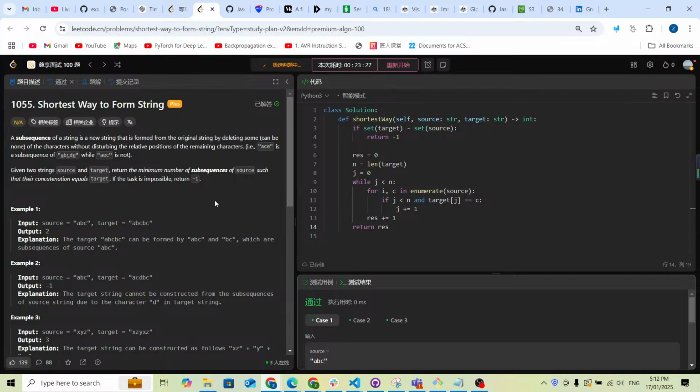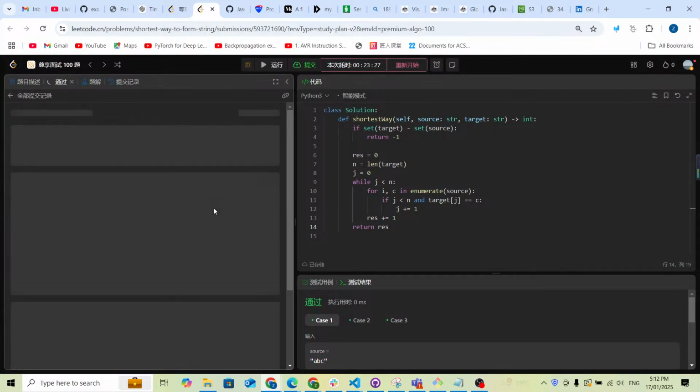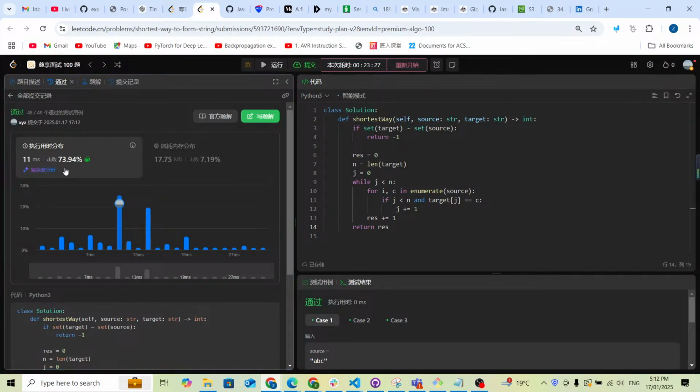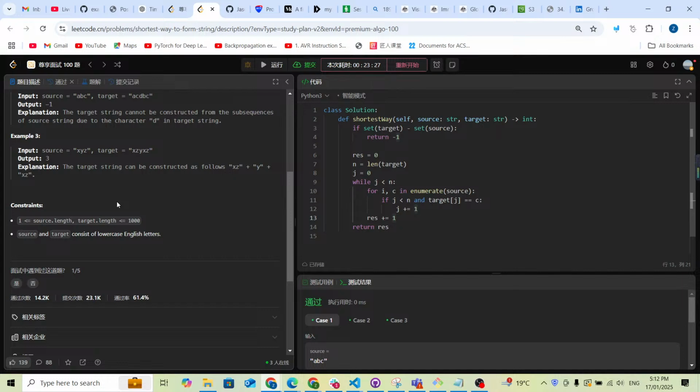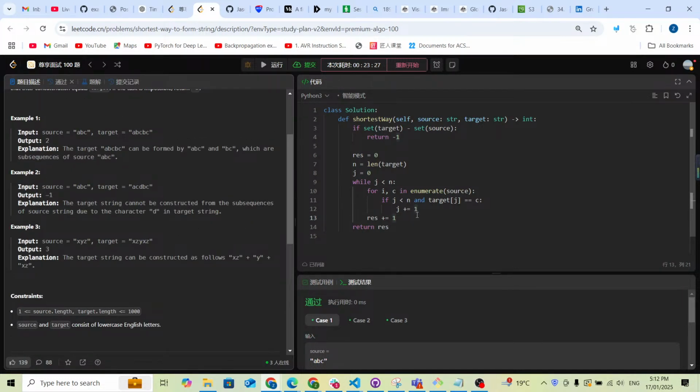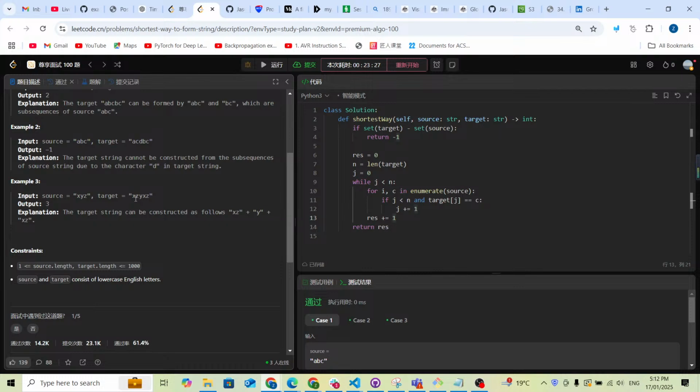Now let me just submit it to check if it works. As you can see, it works and it's pretty fast. And I think this is gonna be the best way to solve the problem, because basically we just use a two pointer to solve it. And the time complexity, let's just check. For the time complexity, basically it is just a string matching, and for the target it is 1000